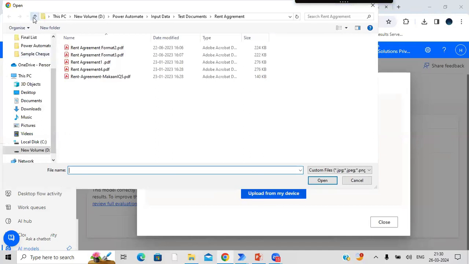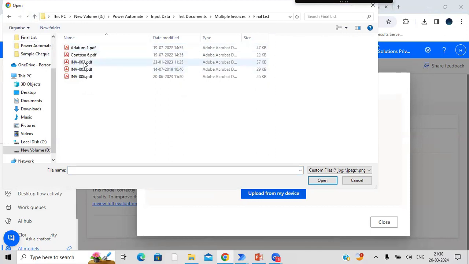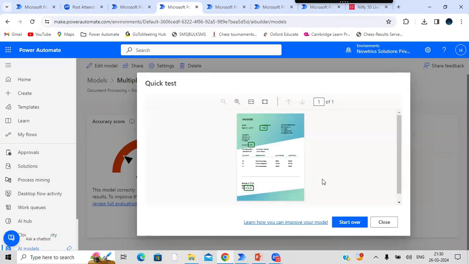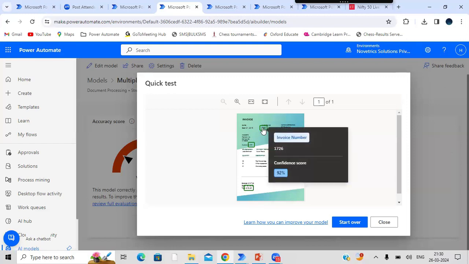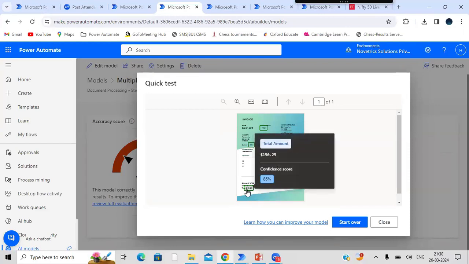So let me go to that document. Here you can see I have 5 to 6 documents. I will just test this particular file, and it will analyze it. It might be a normal PDF file, an image PDF, or a scanned PDF, doesn't matter. We don't need to make any extra effort to extract the data. You can see it is extracting the invoice number, the customer ID,